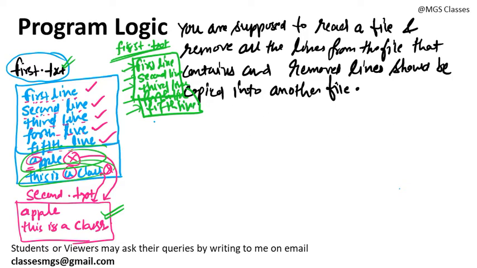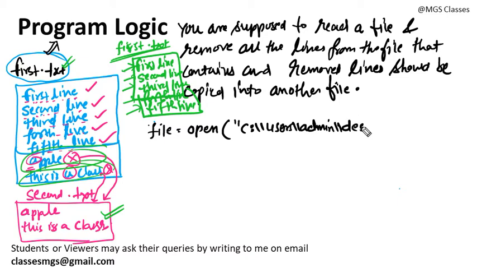So the first thing we need to do is read this file first.txt in read mode. How to read the file? A file can be read using the open method. So I will write like this, file equals open. Then you will pass the path of the file. Let's say I am using a path, user slash, then let's say admin. You may have any other path, don't write this path because this is specific to my computer.